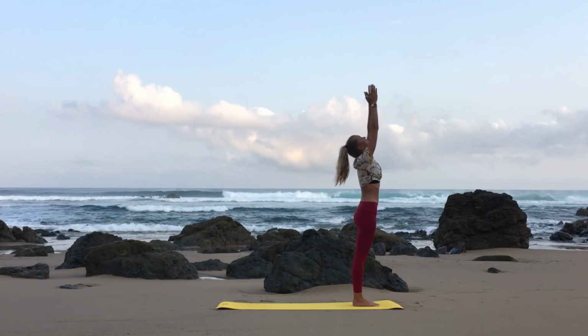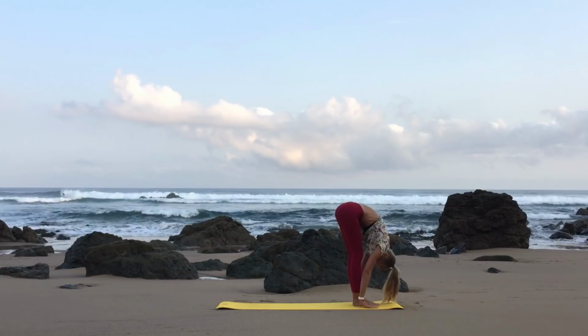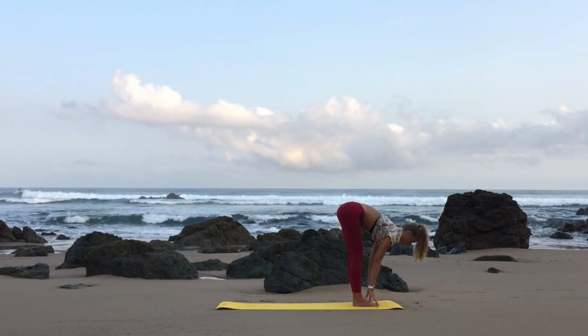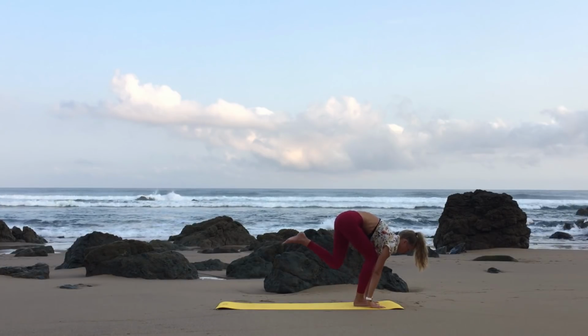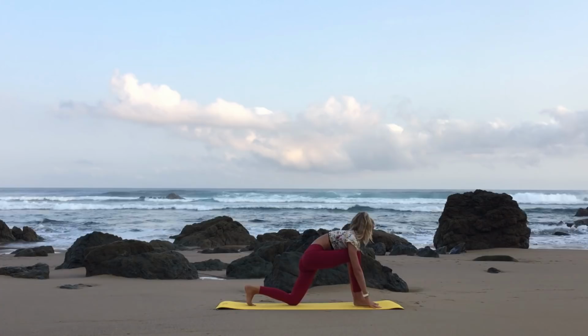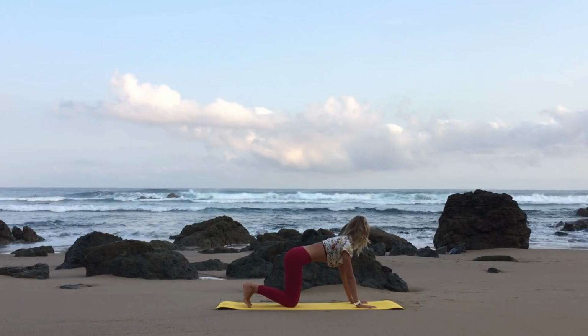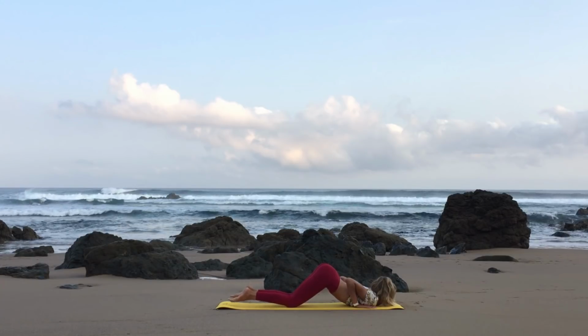Inhale, bring your arms up overhead. Exhale, forward fold. Feel free to bend the knees. Inhale, halfway lift with the back flat. And then lifting up the left leg, stepping it all the way to the back. Releasing the left knee to the mat. Moving your right leg back to meet your left, and then hugging the elbows in close to your body and